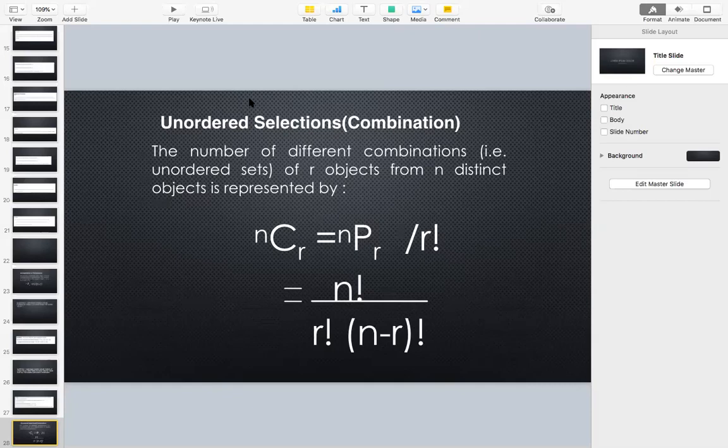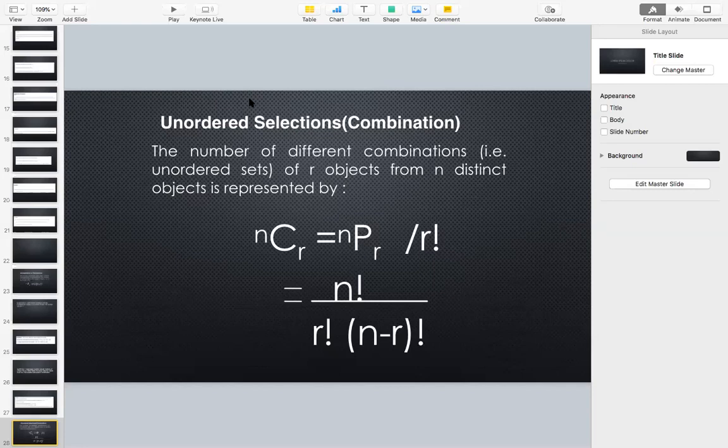But when I ask you to make a batting order of 11 players from 15 players, because the order is important, you will go for permutations. The answer in that case will be 15P11. But when the order is not important, when you just need to select 11 from 15 players, the answer will be